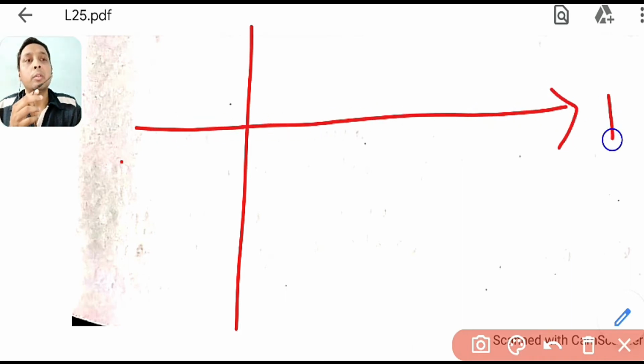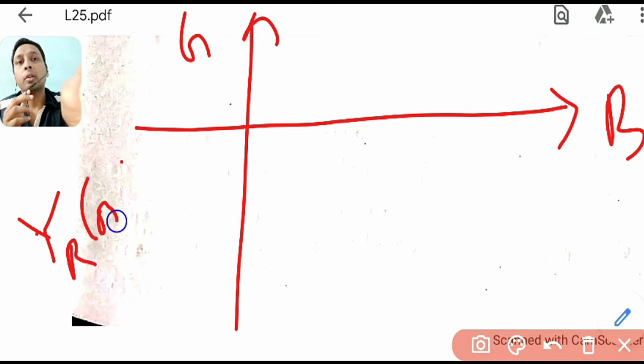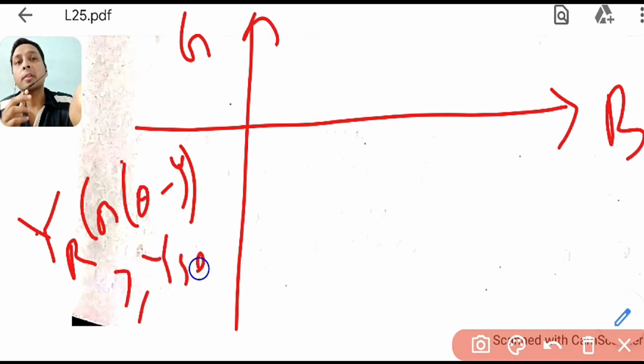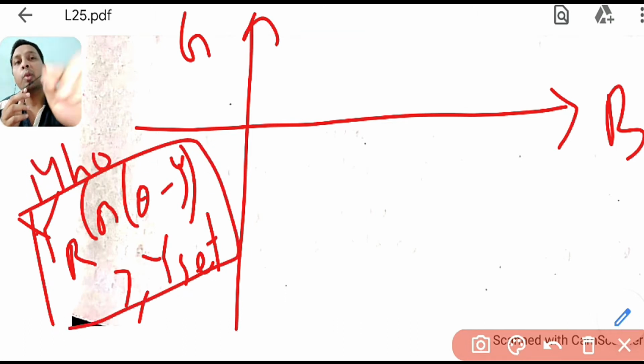That's why I am doing Y is equal to G plus jB. And what was my trip equation? You can see the trip equation: YR cos of theta minus tau should be greater than Y set. This was the trip equation in the admittance plane for the Mho relay. I am drawing for only the Mho relay, and every relay you can check with the same concept in the BG plane, that is the admittance plane. So GATE aspirants, you can take care of this one, how the characteristics of the Mho relay will appear in the admittance plane.